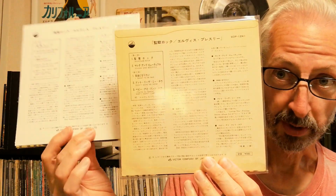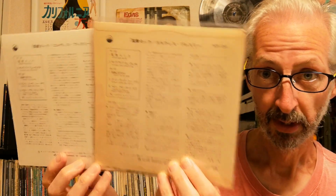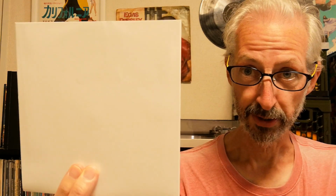Of course, this is a new one, so it looks noticeably whiter than the original. The lyrics were on a separate sheet on the original. This is the repro. This is actually an inner sleeve. So again, it's just a straight copy of the original one. So the artwork is pretty much the same as the original, but when we get to the record, there are